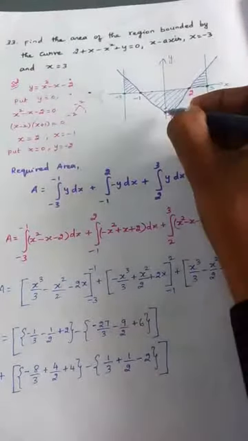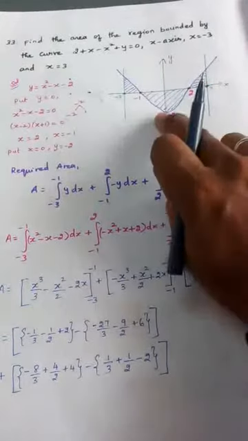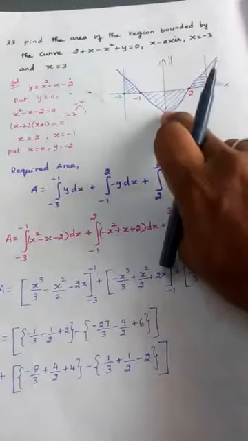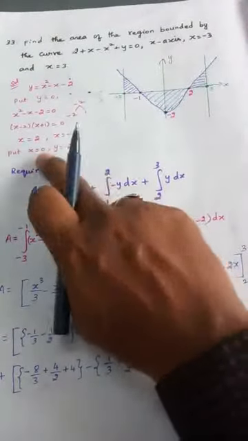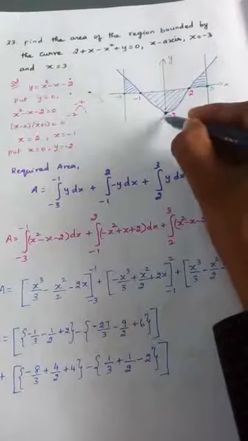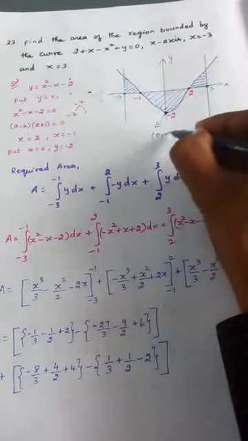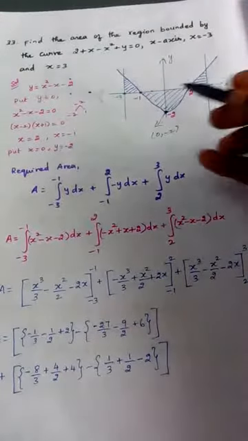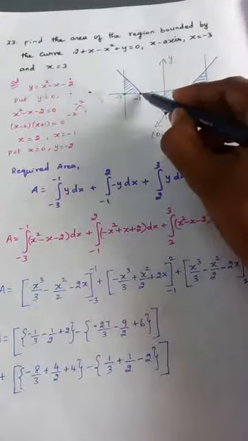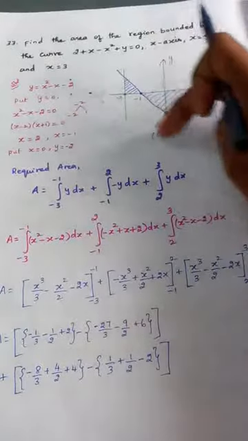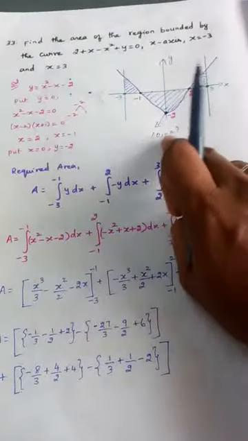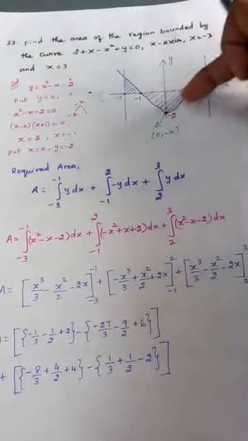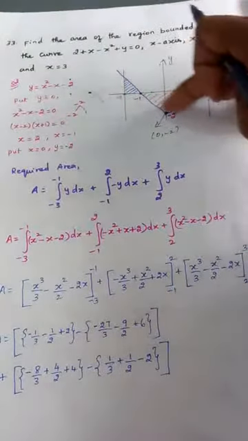So first I am marking that point. 0 means here, -2 on the y-axis. So the curve also passes through this point, (0, -2). Now it is easy for me to draw the diagram because I already know -1 and 2 through which the curve passes. Additionally I have got another point, (0, -2). So I can easily draw this curve. The curve is drawn like this.